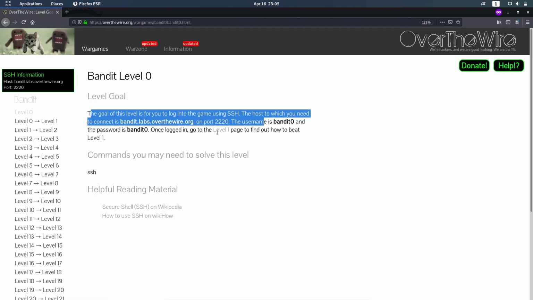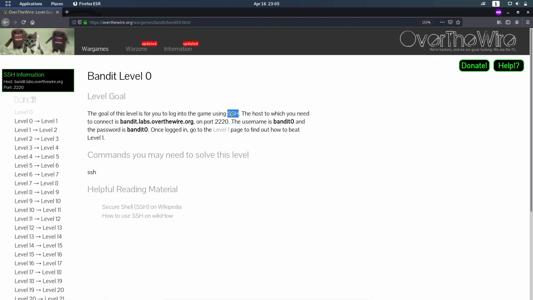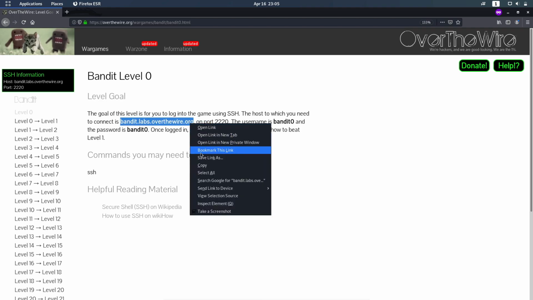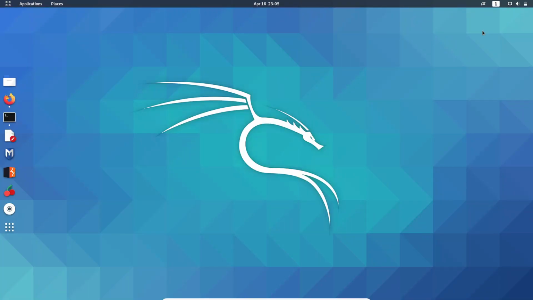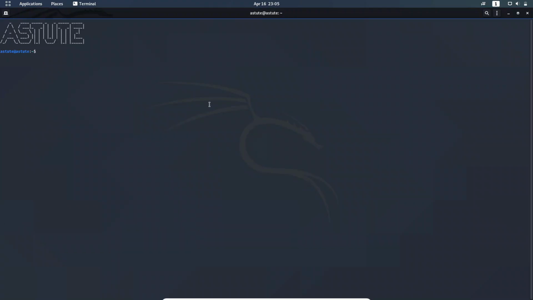The goal is to connect with SSH. The username is bandit0 and the password is bandit0, and this is the SSH command. Let me copy this and open the terminal. You can use Google Cloud Shell also, as I've told.